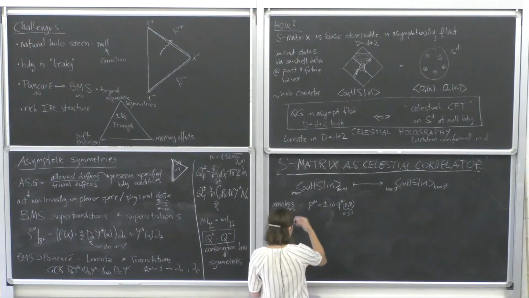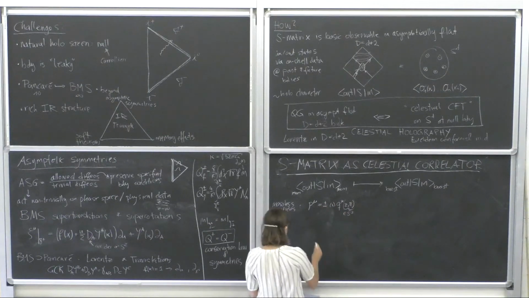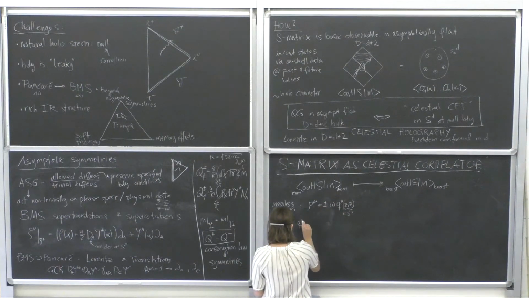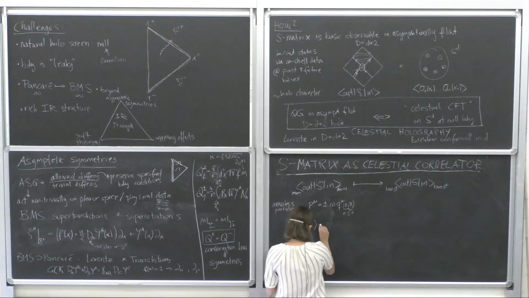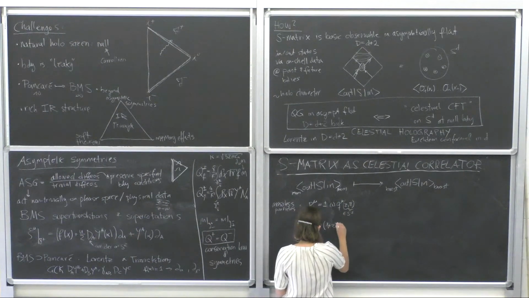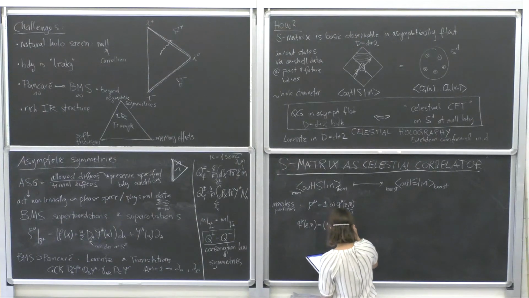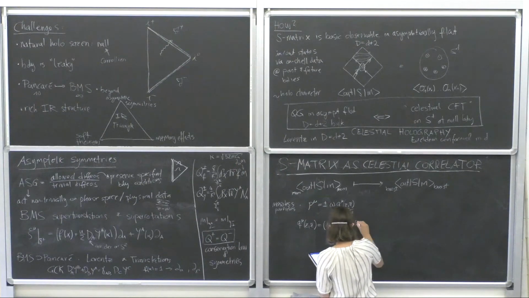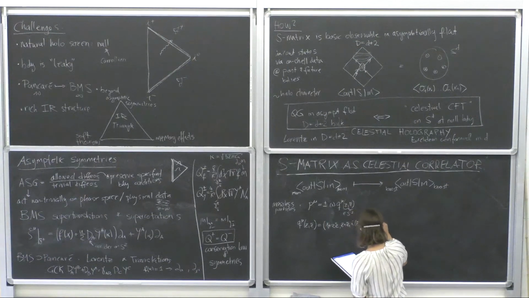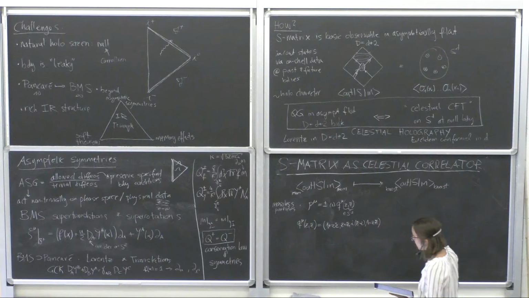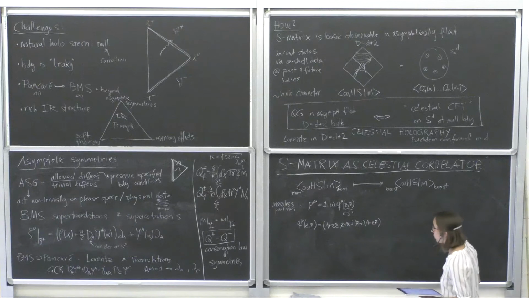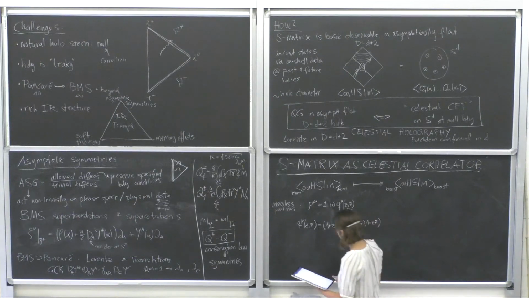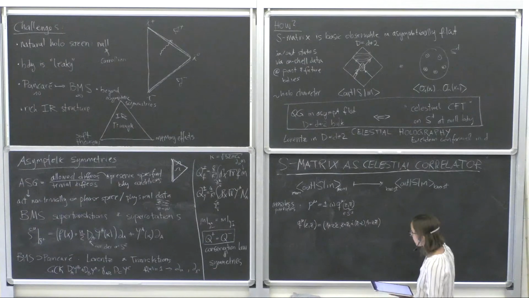And in order to set up this holographic map, let me pick a specific parameterization for this null vector. To be specific, let me write it down. It's given by the first component 1 plus z z bar, z plus z bar, i times (z bar minus z), 1 minus z z bar. So that embeds the complex z plane into the light cone of R^{1,3}. And it has convenient properties under Lorentz transformations.